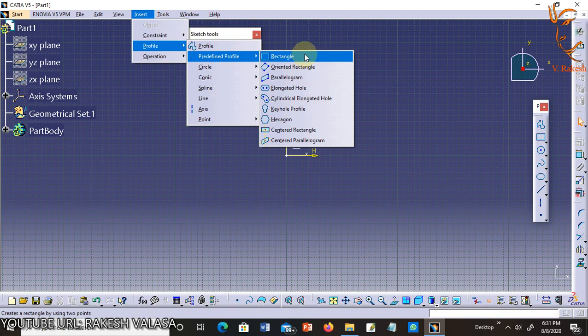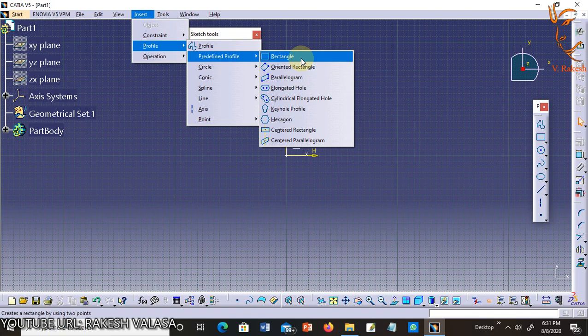A rectangle is a basic geometry that comprises four sides. The adjacent sides are perpendicular to each other and opposite sides are equal in length.